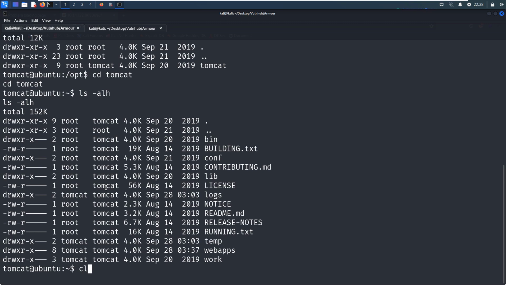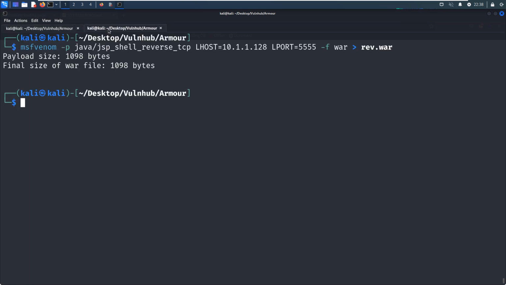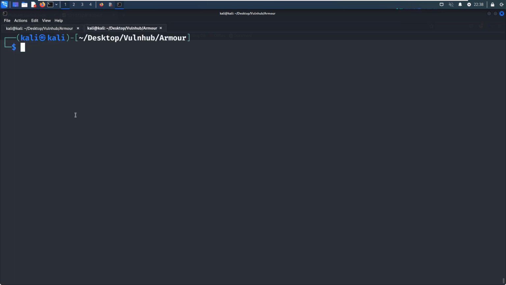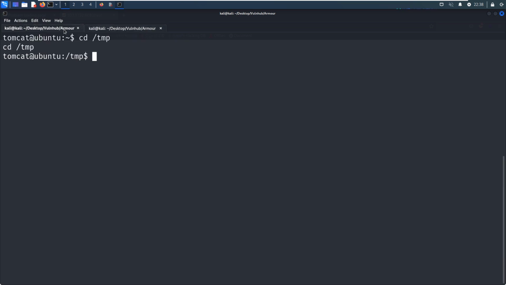Maybe we can upload the Nmap shell script to do the automatic enumeration, right? We can set up the web server by Python 3, and then we can upload this enumeration shell script.